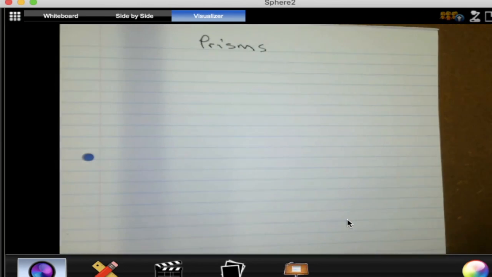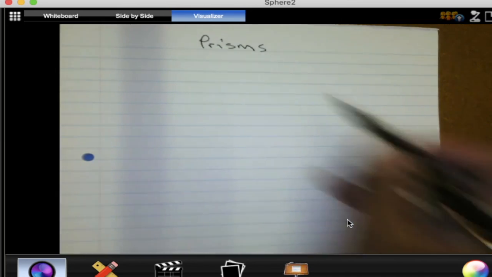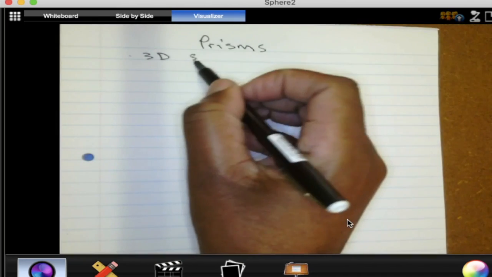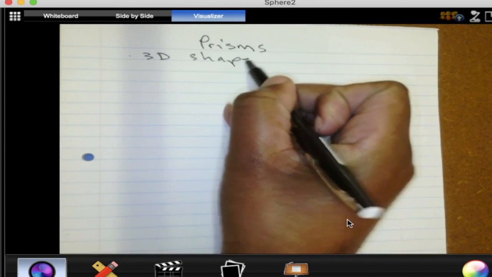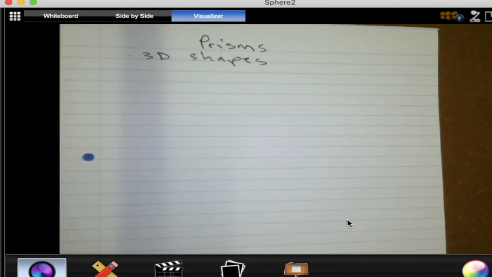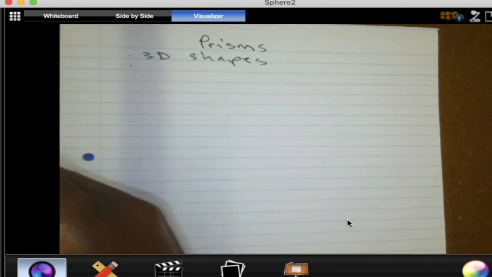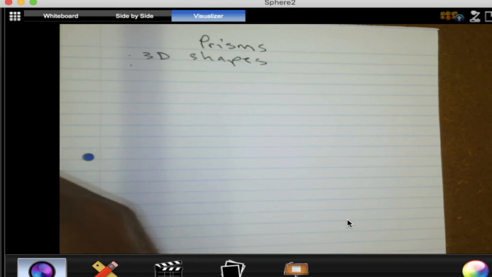Just a very quick review or revision of what prisms are. A prism, first of all, is a three-dimensional shape. You need to have that somewhere. So these are 3D shapes. And now there are so many other 3D shapes. Some 3D shapes are not prisms. And so to differentiate between